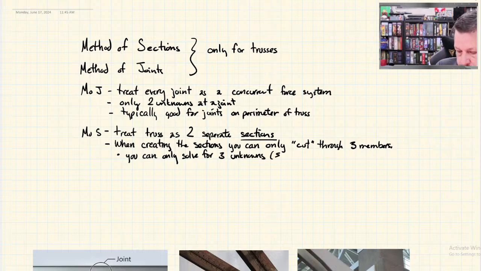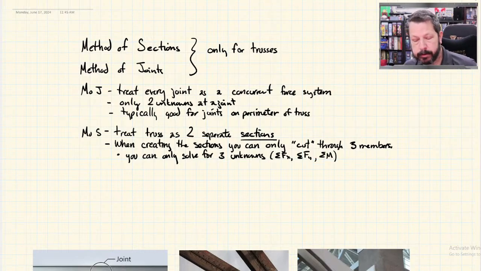So summation of forces in X equals 0, Y equals 0, and summation of moments about some point equals 0. So there's your three equations you can write. You can solve for three unknowns. And so it's typically good if you're looking for a particular member or two, or three, I guess, that are located towards the inside part of the